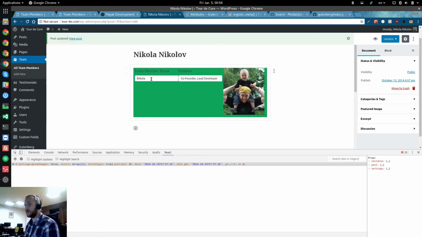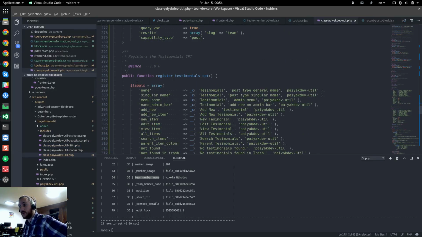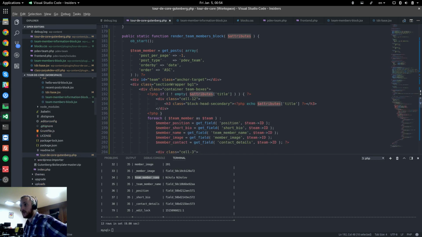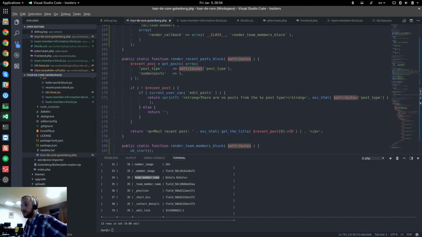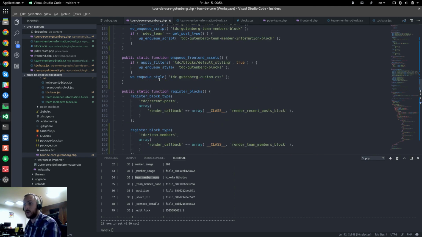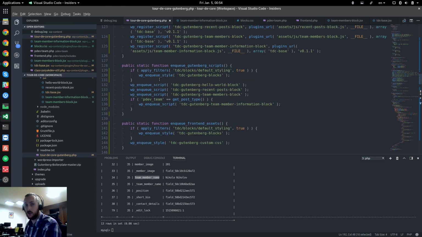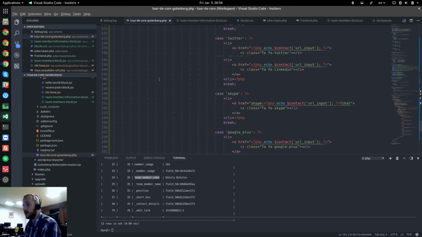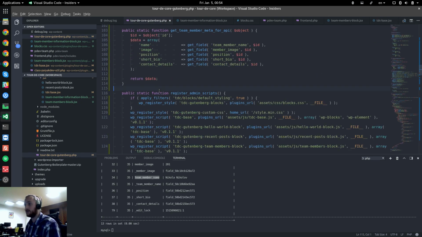Yeah, so we took a look. We discovered that you kind of have to use register meta, which is really not great. I'm hoping that the implementation will improve, and hopefully the changes to register meta that allow you to register a meta field for a specific post type will land in 5.0 with Gutenberg. Because right now, let me find register meta